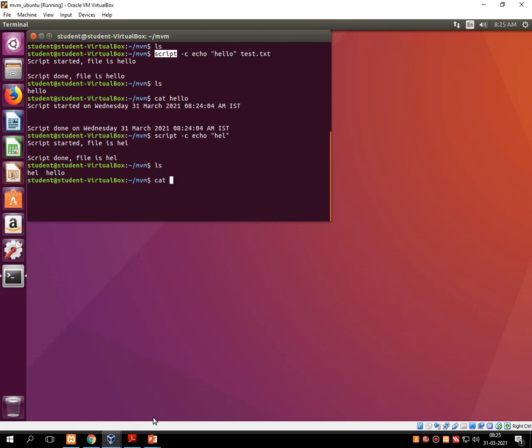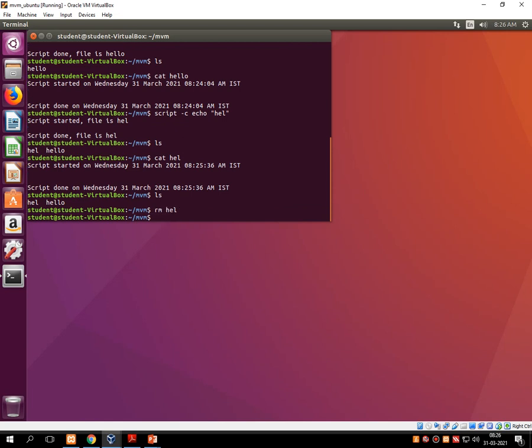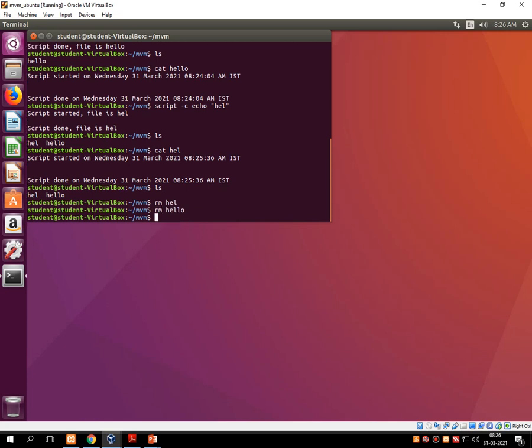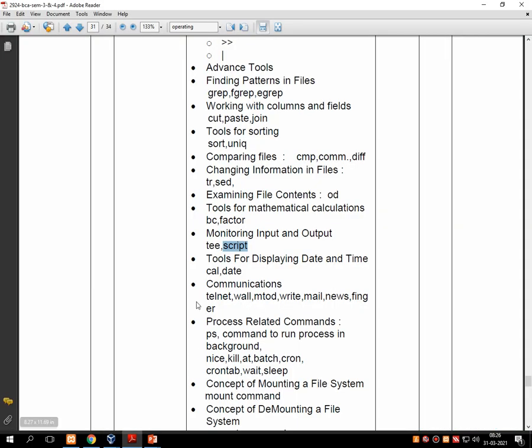Type cat hel. Press enter. You can see the time difference. The previous file is on 04 and the current file is on 36. So this is the use of the script command. Let's remove everything. rm hel, rm hello. Let's move on.